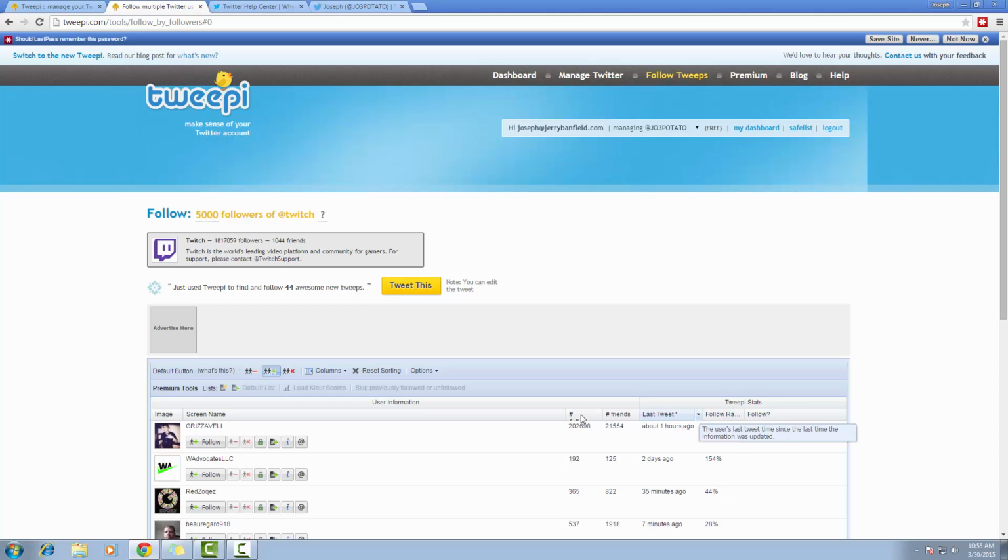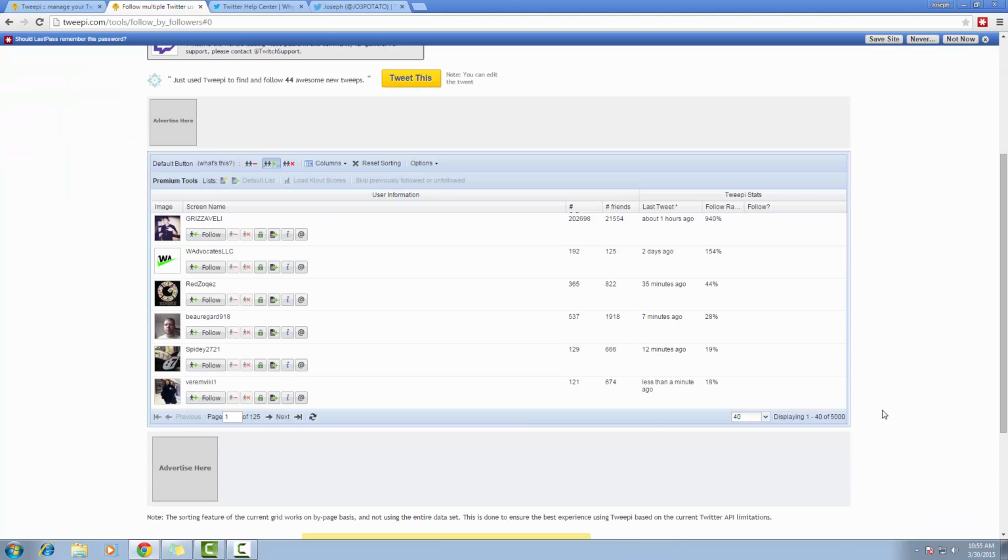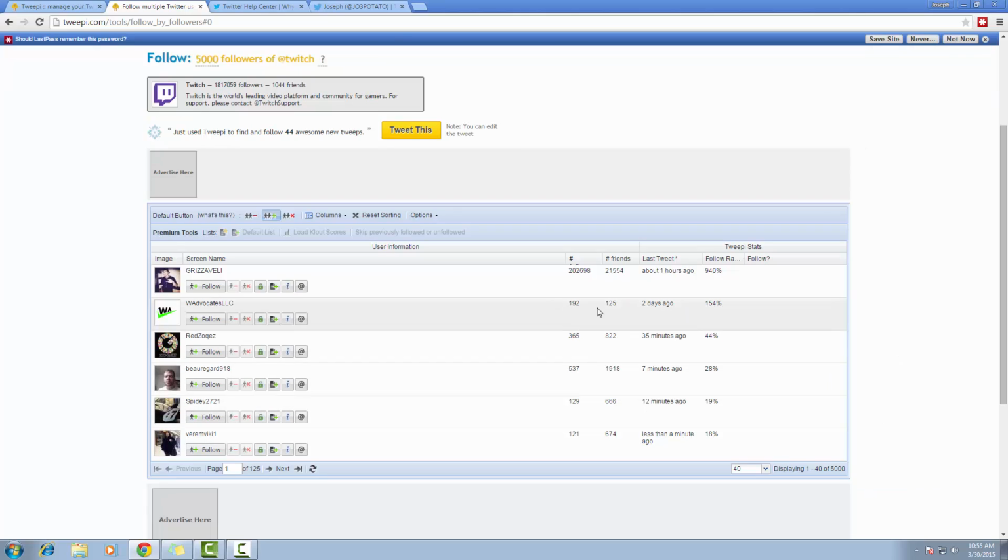Now, the higher the follow ratio, the more likely they are following other users, hoping that they'll follow them back. And a strong follow ratio says that they basically follow back the people that are following them. So it looks like, yeah, all these profiles look good.